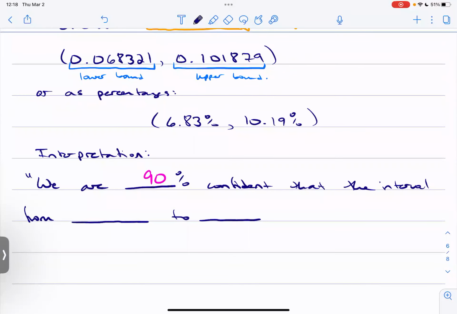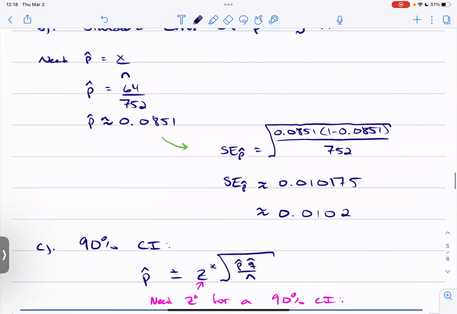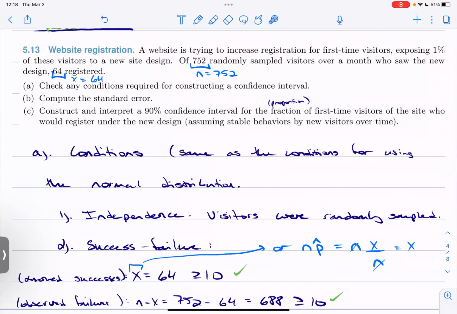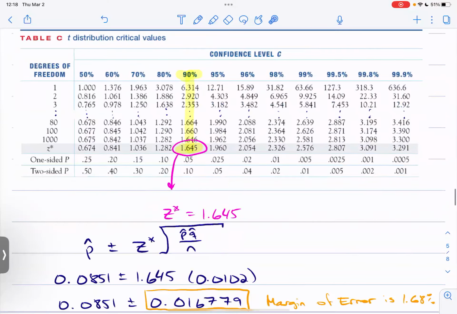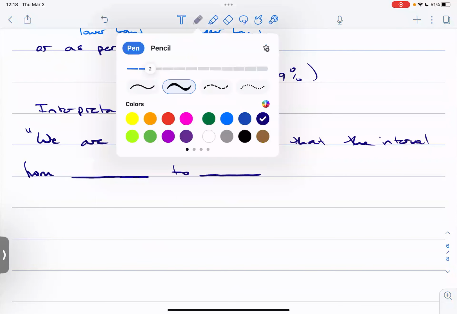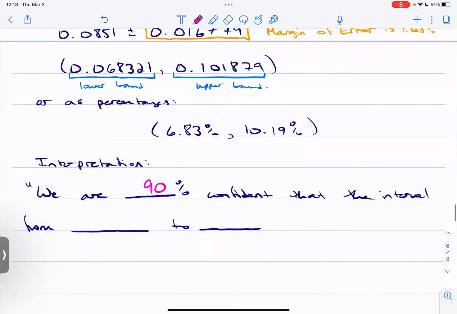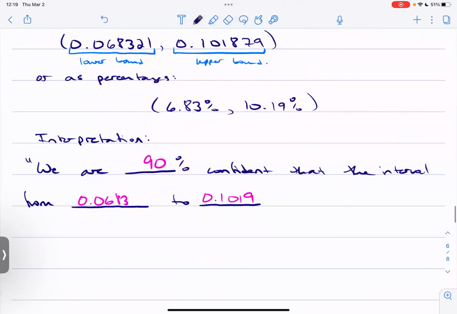And the question, so if I go back to how the question is worded, because I'm going to steal that wording, is in terms of the fraction or the proportion. And so I'm going to write the interval in terms of the fraction or proportion. If you use the percentage, that's fine, but it should be in terms of the proportion. So from 0.0683 to 0.1019, do some reckless rounding here,